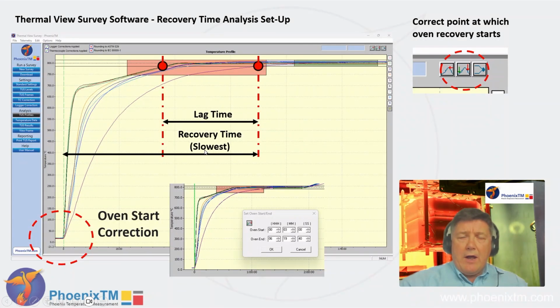Within the Thermal View Survey software from Phoenix Temperature Measurement, we provide all of the TUS data for each of the thermocouples approaching the TUS level and proceeding through the overshoot search, the stabilize and the TUS time. We can manually measure the recovery time in historic software packages and manually calculate the lag time. But we've now incorporated within the software the ability to automatically analyze the data and report it as part of